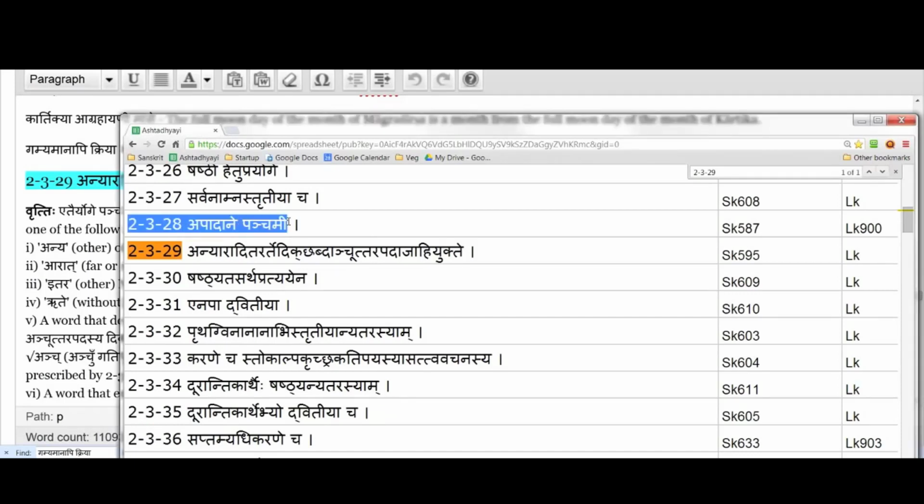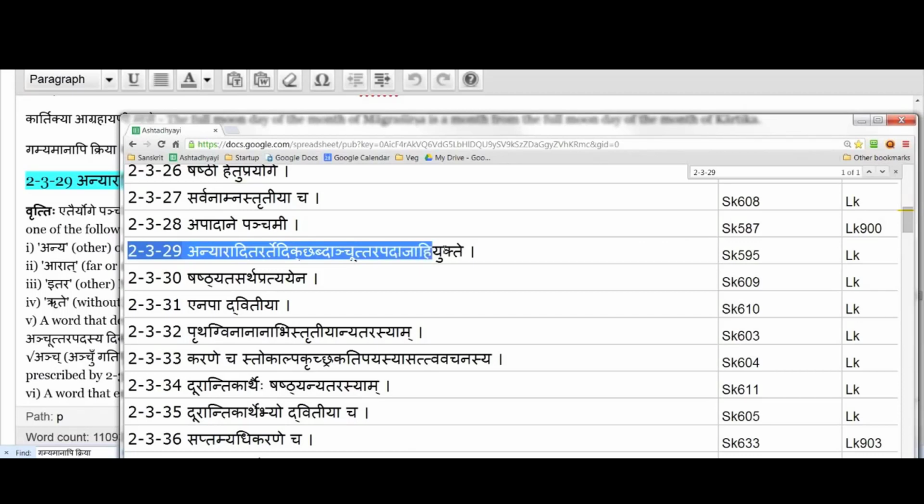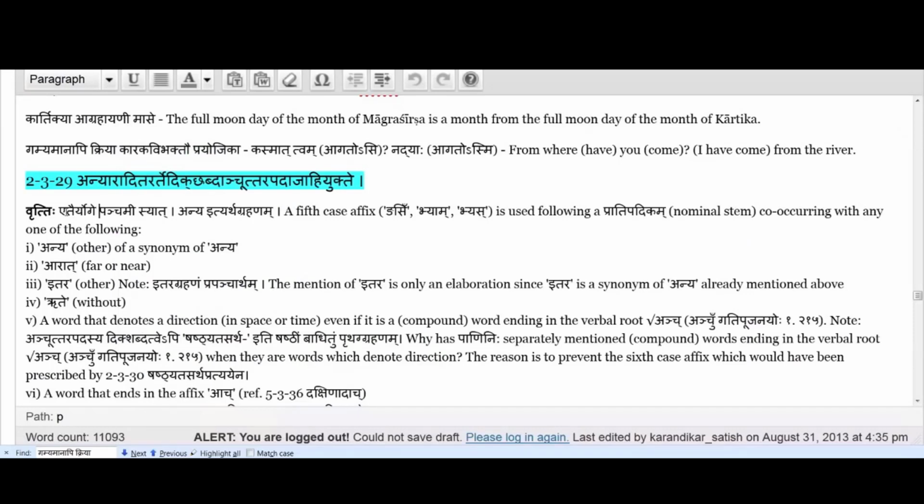We have already studied the Sutram 2.3.28, which says Apadane Panchami. Let us now take the next Sutram in the Ashtadhyayi order, which is 2.3.29, which says Anyaradita Rate Shabdanshu Tarpadajahi Yukte. And the vritti simply says Etair yoge panchami syat anya ityartha grahanam, which means that the mention of anya in